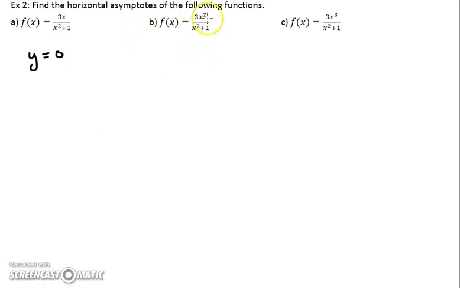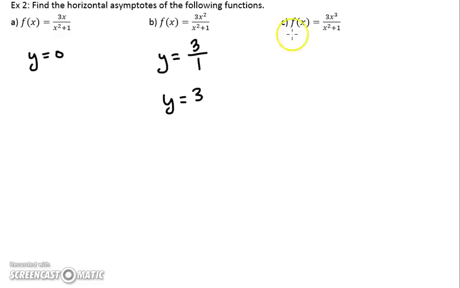All right, looking at the second one, degree is 2, degree is 2. So we want to say our horizontal asymptote is the ratio of the leading coefficients. So our leading coefficient in the numerator is 3. Leading coefficient in the denominator is 1. So our horizontal asymptote is y equals 3. So again, if you were to graph it, your function would be approaching the line y equals 3 at the